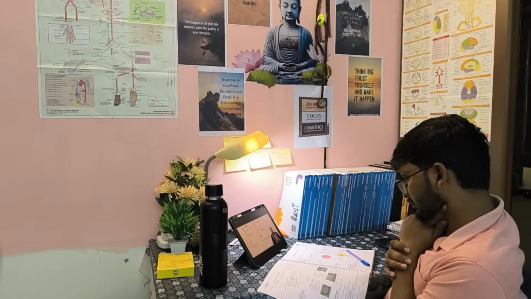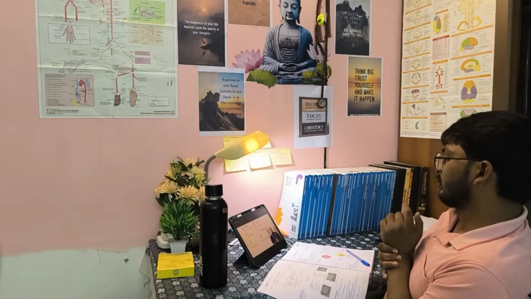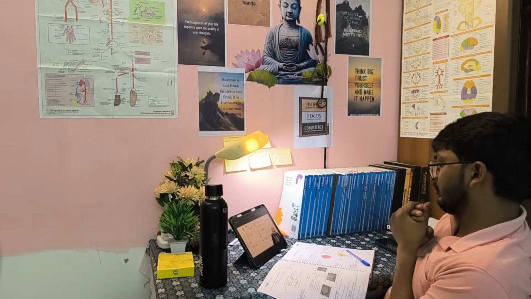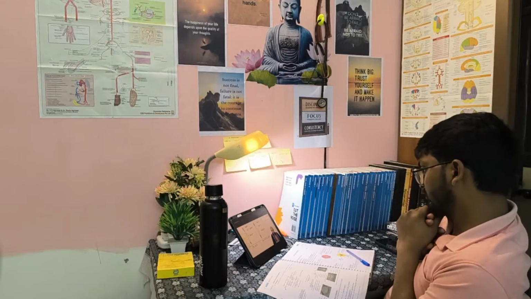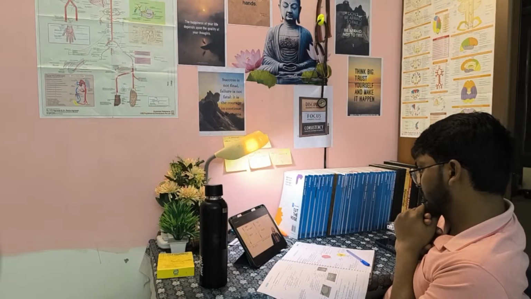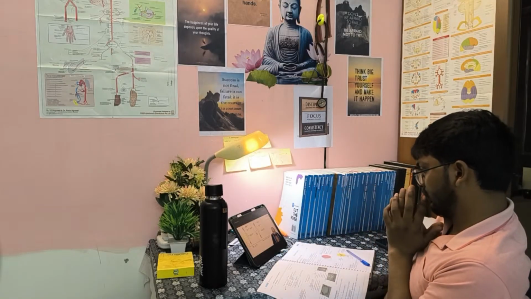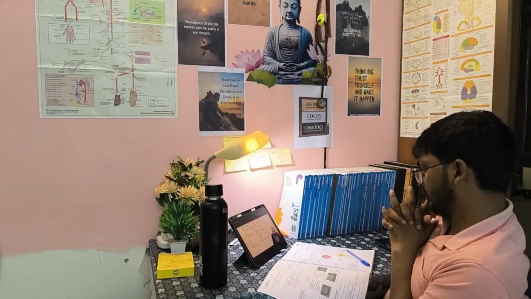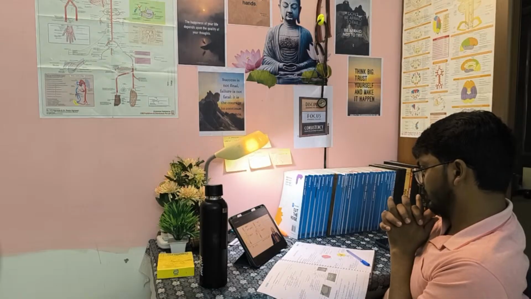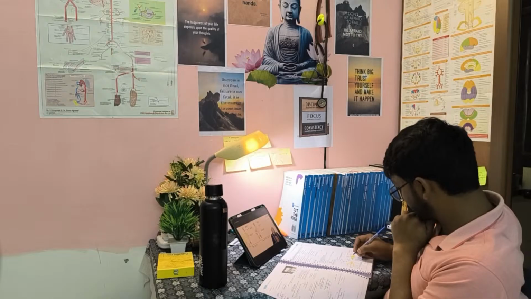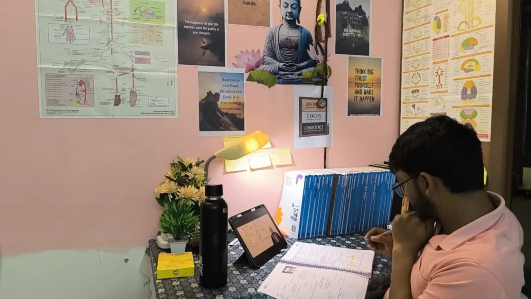Now the far point is infinity. Infinity means a large area, so from a large area parallel rays of light are coming. Compare this to a near object. A near object is considered to be a point source of object. When I have a point source of object, what kind of light rays am I expecting? Parallel rays of light, a single ray of light, or diverging rays of light? Obviously, because it is a point object, there are diverging light rays. Because there are diverging light rays, which now need to be converged,